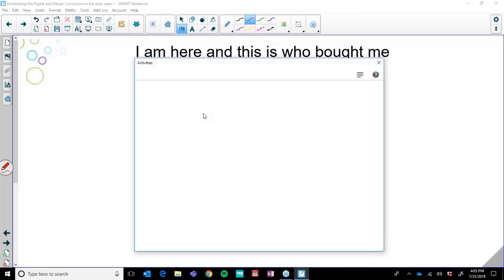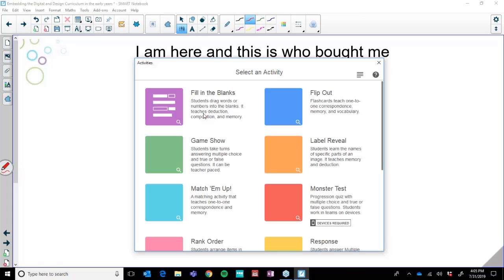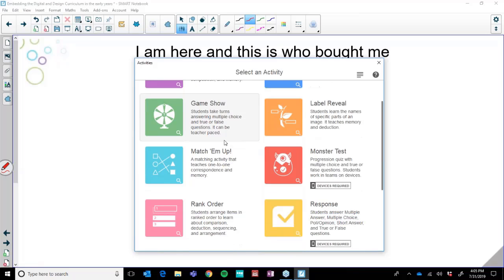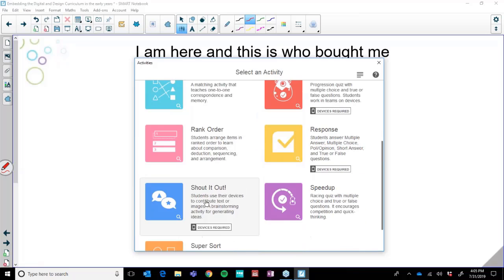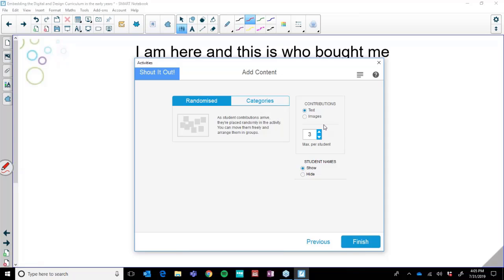So we set up 3 iPads, join them at hellosmart.com, save that as an app on the iPad and set it up at the front ready to go. Now, if you're familiar with our software, you'll know Shout It Out is a fantastic resource to have students share their content to the board so that their peers can also see, the teacher can see, and we can all give feedback. Now, what we used was the images, and I gave them 2 per go, and we showed their names.